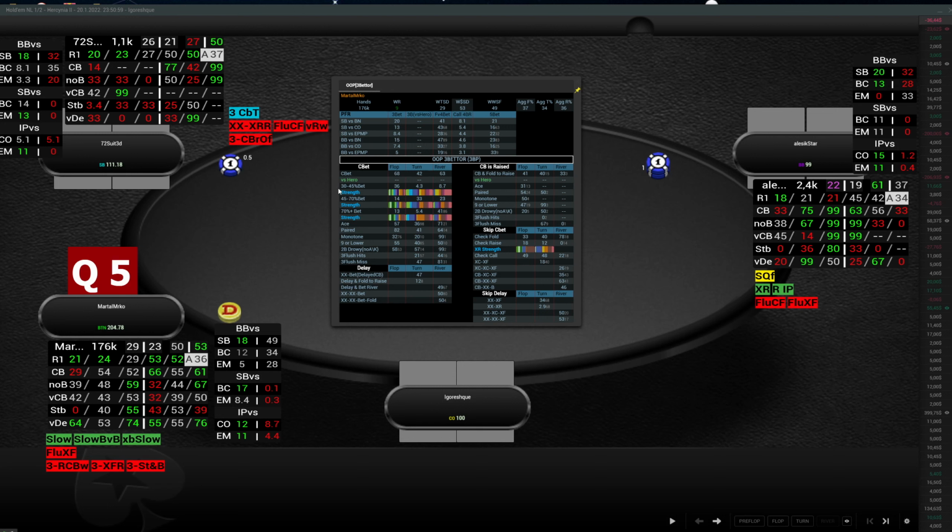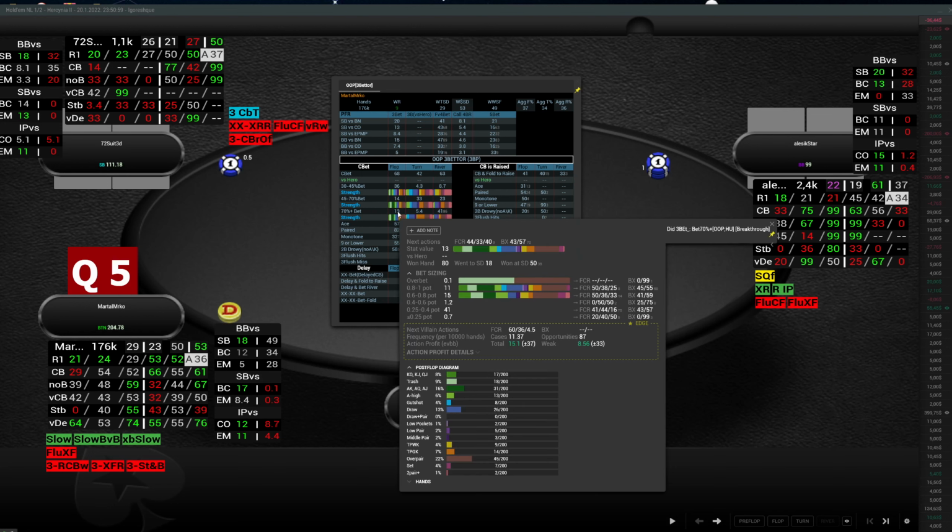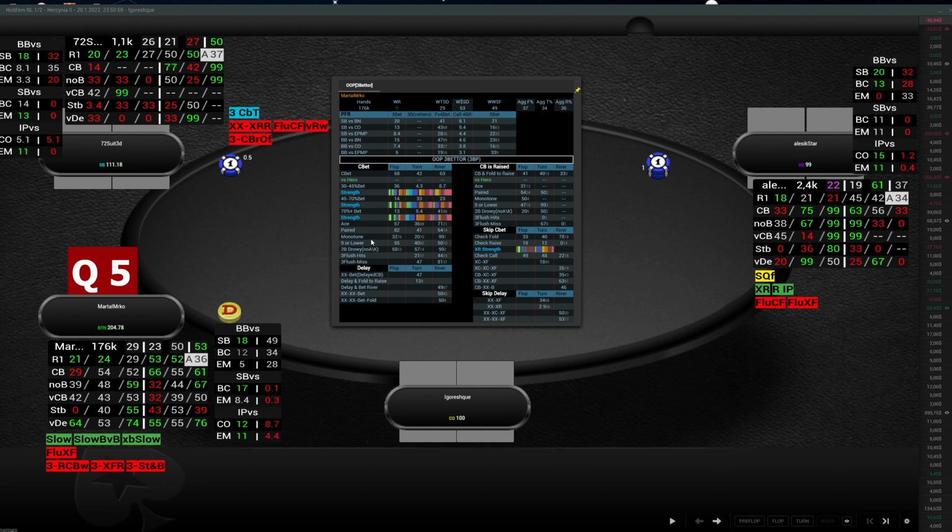These are their sizes, so 30 to 45%, 45 to 70, and 70%. We'll know the strength of their bet. When we hover over it, we'll again see a distribution of the range. We can also have boards: ace high boards, paired ones, monotone, low boards, and drawy boards. And also we have a really cool thing here, which is how they play when the flush is hit on the